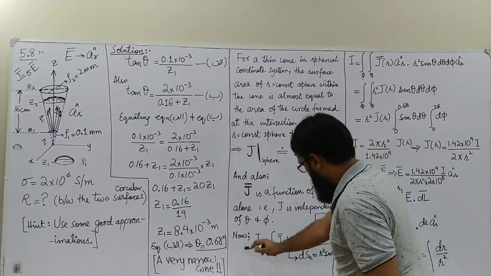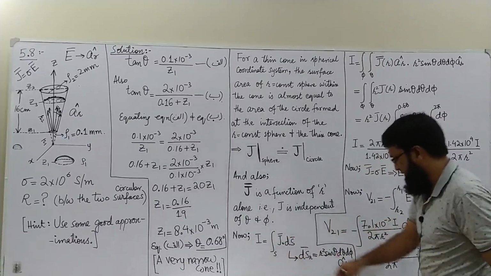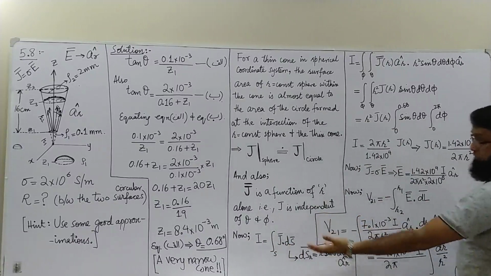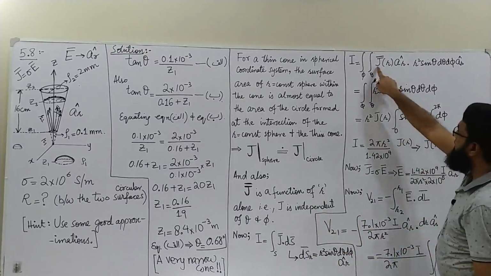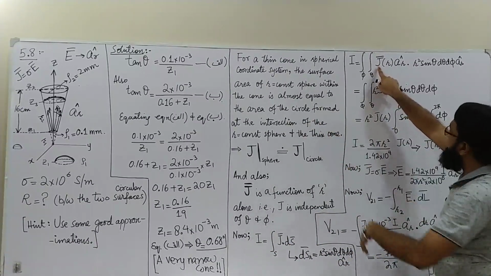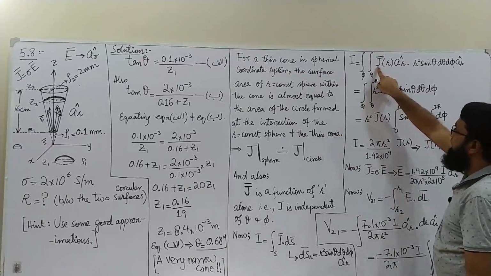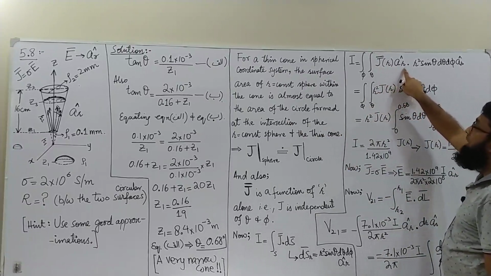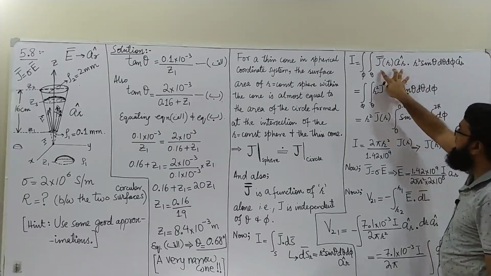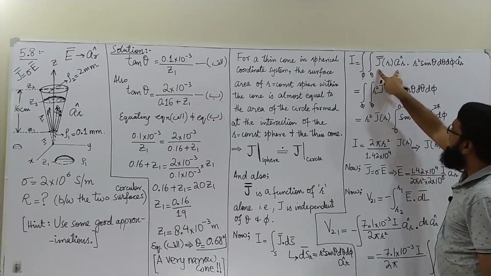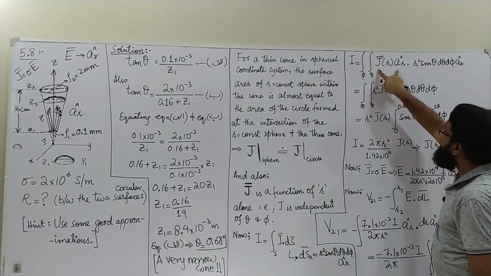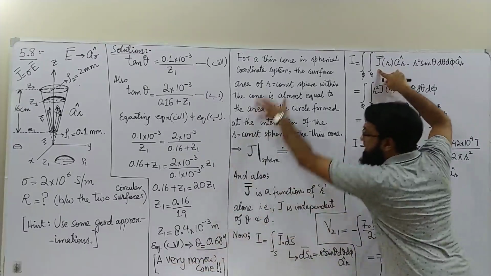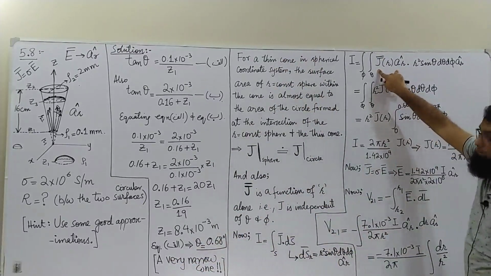Using these facts, if I take the well-known equation and replace J, because we don't know J, we have to find it. So by this discussion, we will have to be general and write J as a function of R, and it has a component which is AR. That's it. We would not have been able to write it here had we not made this approximation and all the discussion which followed.